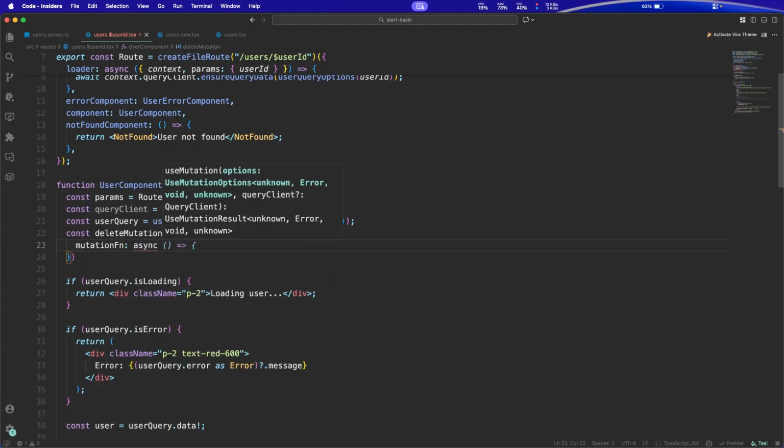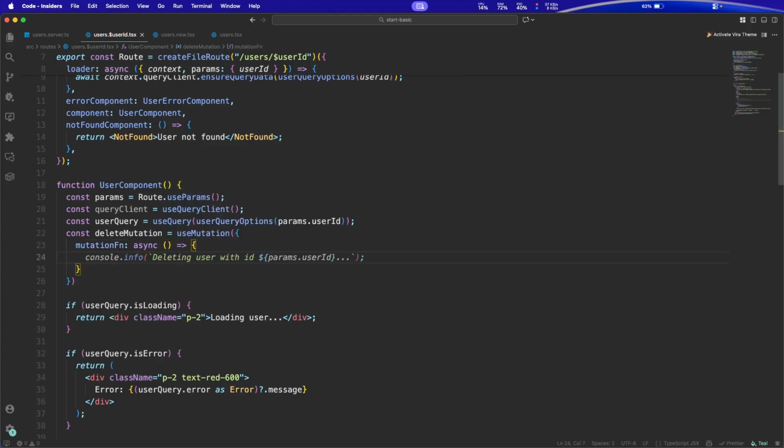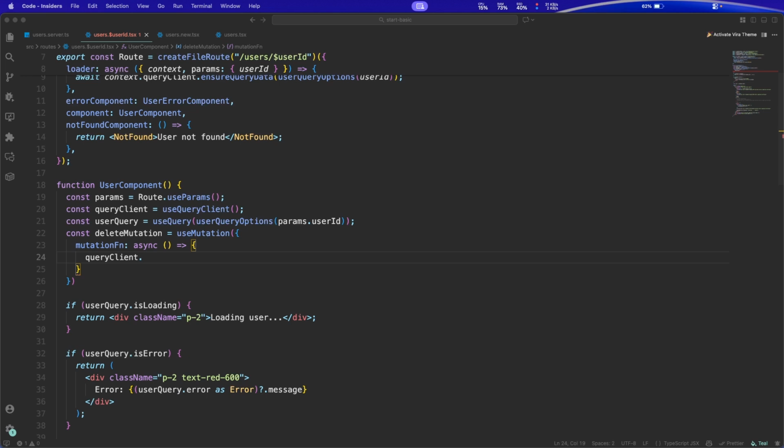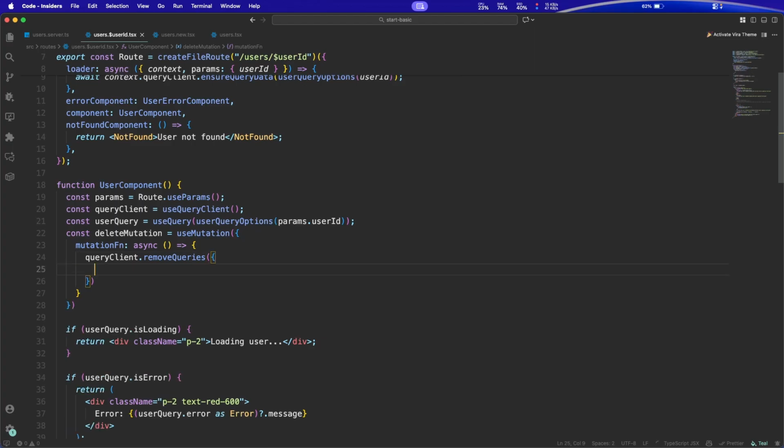async. In the async function, the query client will remove first. We optimistically remove the cache and navigate back to the list. So first we remove queries, then we test this user ID will be the param dot user ID. Great. Now our query client is okay. Now we need